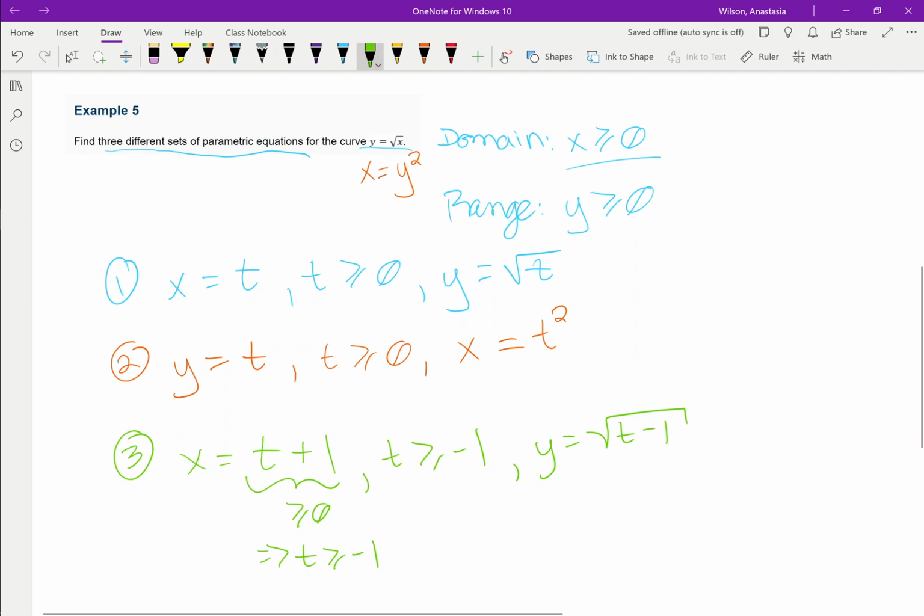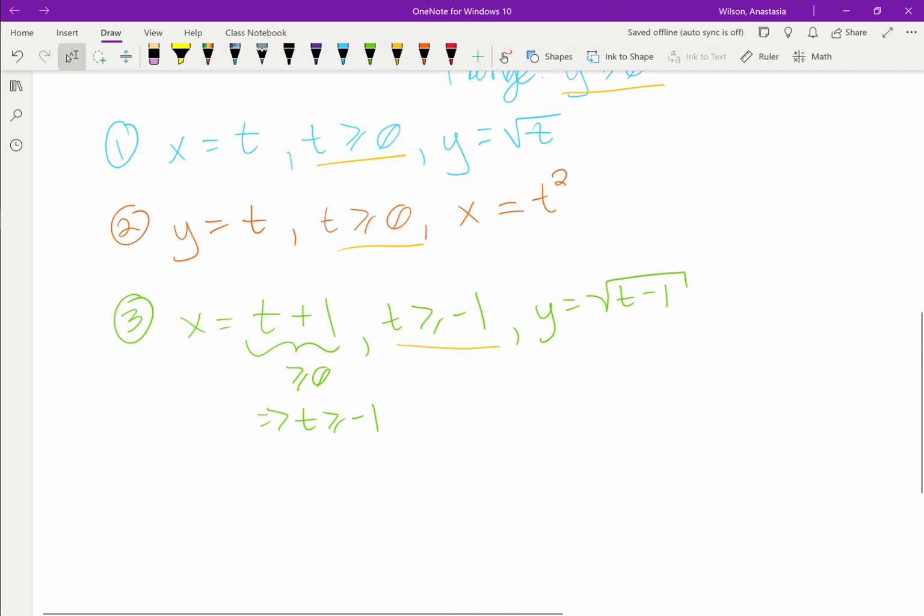So these are 3 different options for parametric equations here. There are an infinite number of correct parameterizations that you could choose here, but like I said, you do need to be careful to make sure that your domains and ranges are the same. You can generally end up doing that by making sure that your parameter interval satisfies those requirements. Occasionally you have to be a little careful there. So what I mean by that,